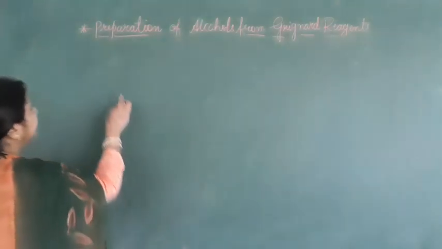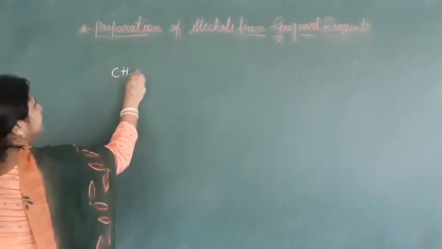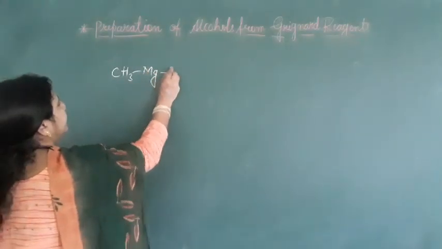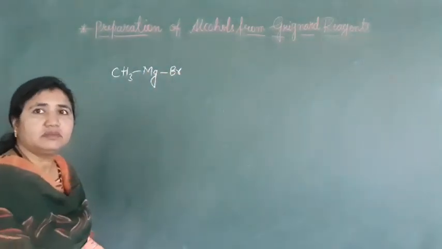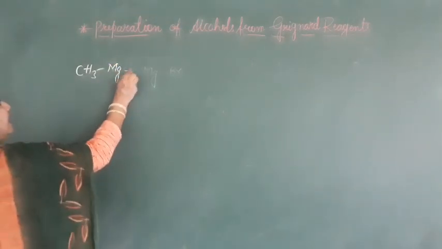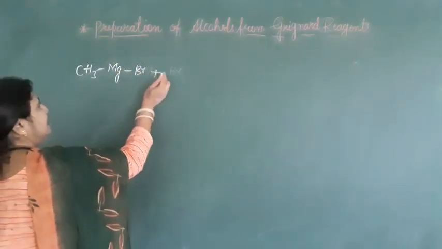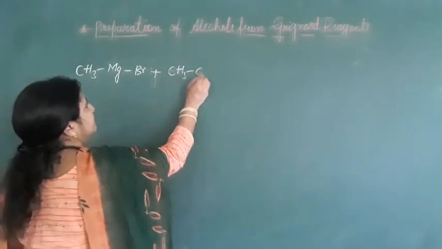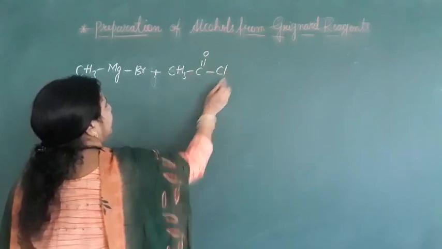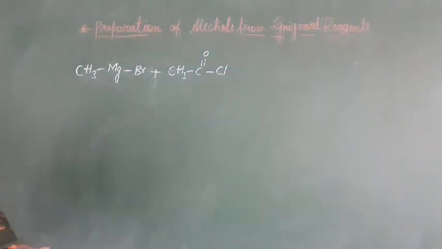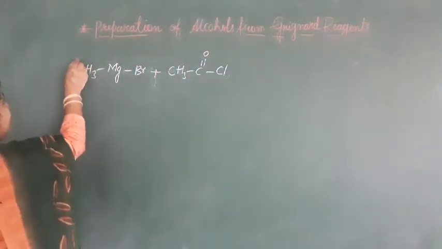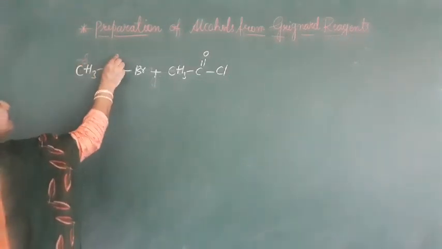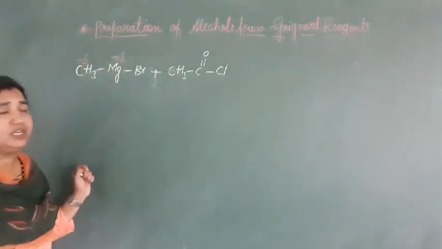Now see here, this Grignard reagent CH3MgBr, when it reacts with, I'll start from here. This is CH3MgBr; here we can take Br, or plus water. Now I am taking acid chloride here, CH3 C double bond O Cl, acetyl chloride it is. In this, this carbon is partially negative, this carbon is partially positive, and this magnesium is partially positive.